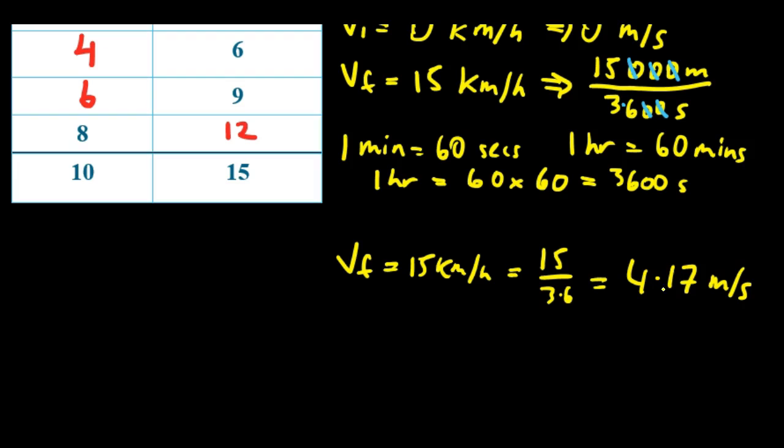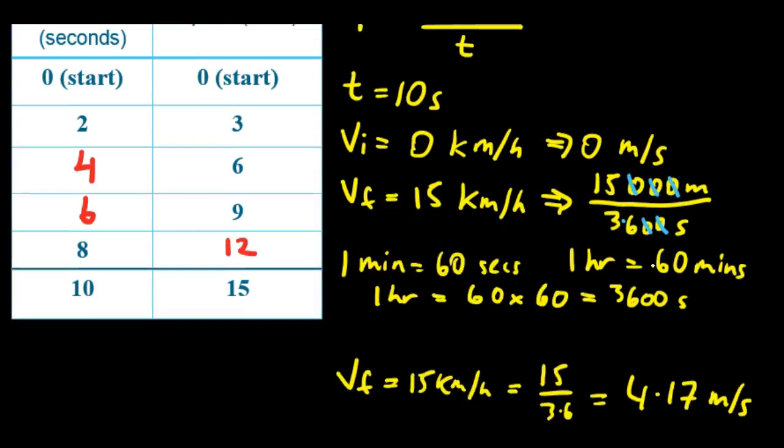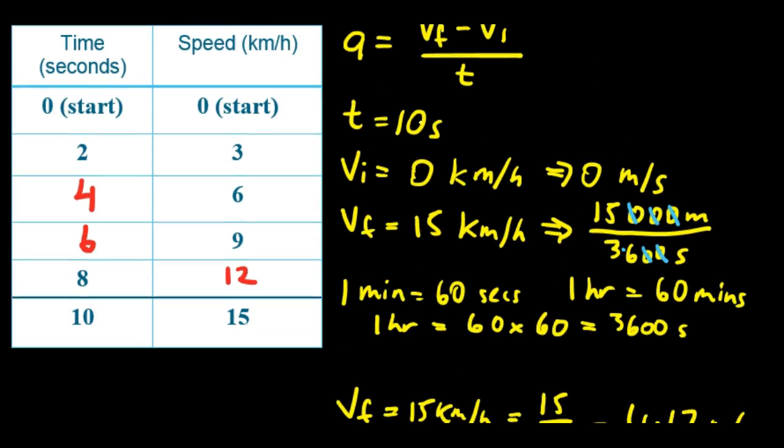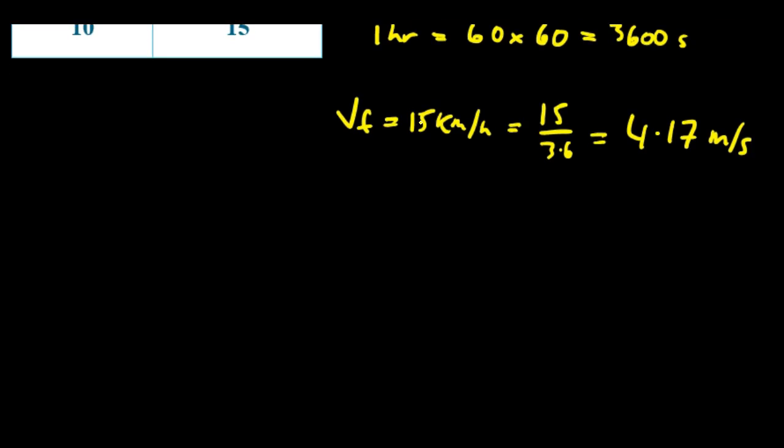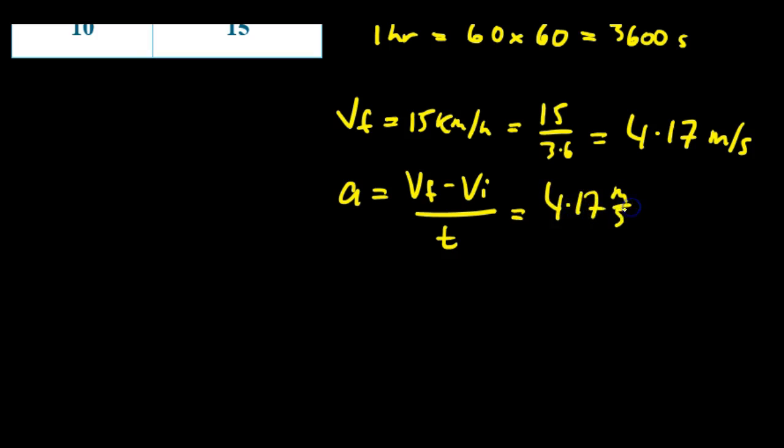So now we have our final velocity, we have our initial velocity, we have our time, we can find the acceleration. So acceleration equals Vf minus Vi over t, which equals 4.17 meters per second take away 0 meters per second, we don't need a calculator for that, over 10 seconds,